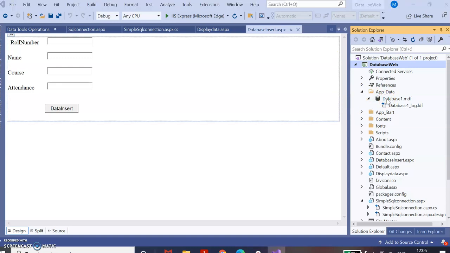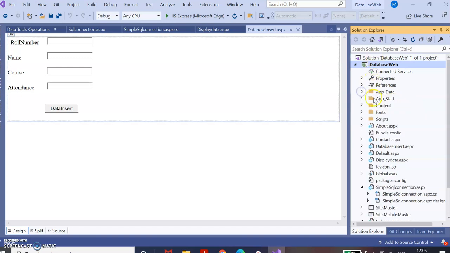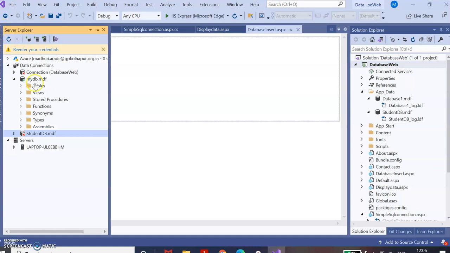After adding this database, we have to check whether it is added in the Server Explorer or not. Now see here, in this App_Data, you can see that right now there are two databases. One is the student DB we just created, and another one is database1.mdf. Among those we have to deal with the new database. Now go to Server Explorer. In Server Explorer, you can see just student DB. Click over here. The Server Explorer is a collection of your databases.